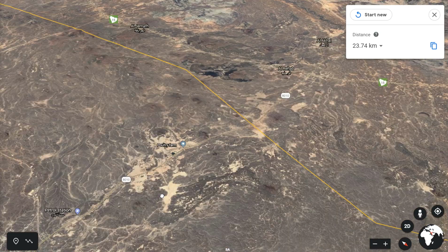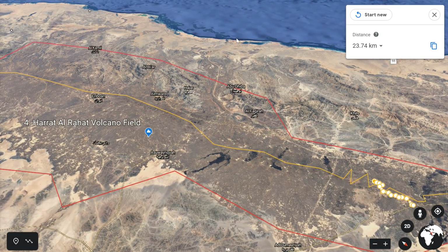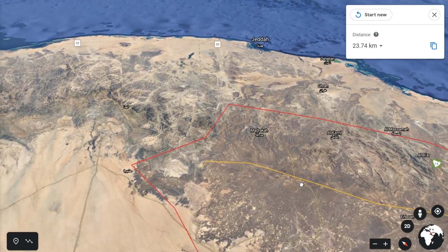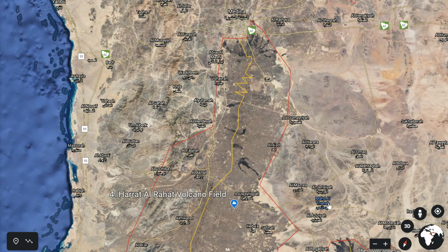And it continues all the way down. There's the Red Sea here, all the way down towards the city of Taif. And we can see Jeddah there. So hours and hours of fun to be had on the number 4 Al Harrat Al Rahat,